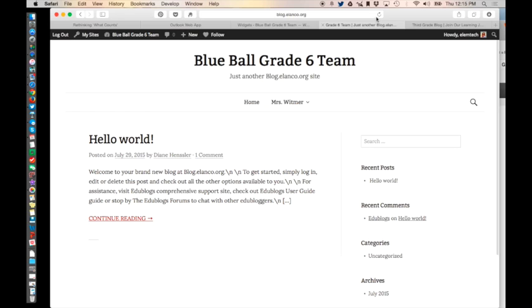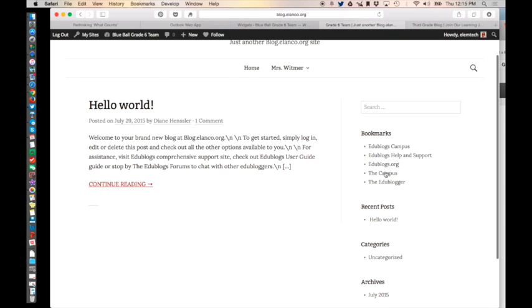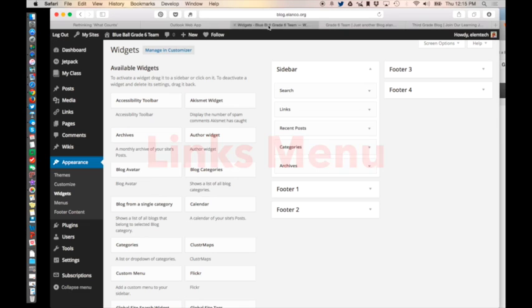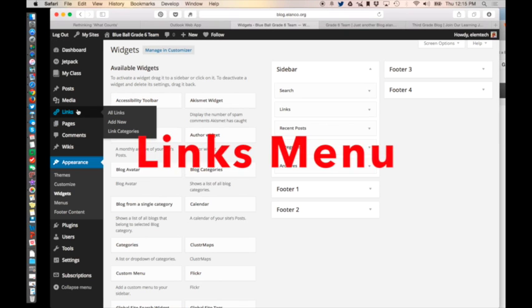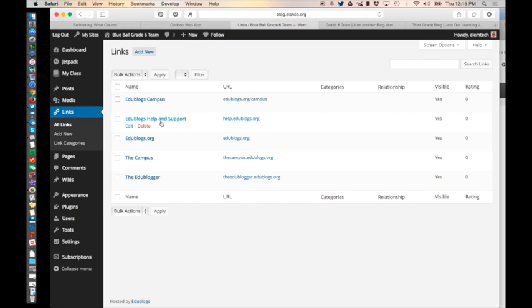So now when I refresh my blog, I'll see the links, and in this theme, they're called bookmarks. That's just the way it is and it can't be changed. Certain themes have certain things that cannot be changed or customized. So here are the bookmarks that are used by default, and we'll see where these links come from. When I go to my links menu, I'm going to click on all links. These are the links that are there by default. I don't think you need to include any of them in your master list. So you could check all and then you could delete